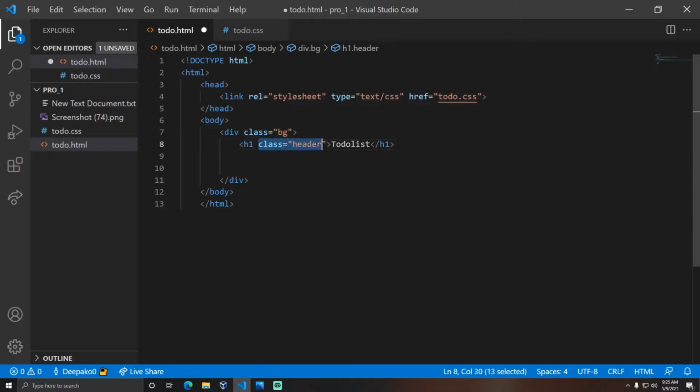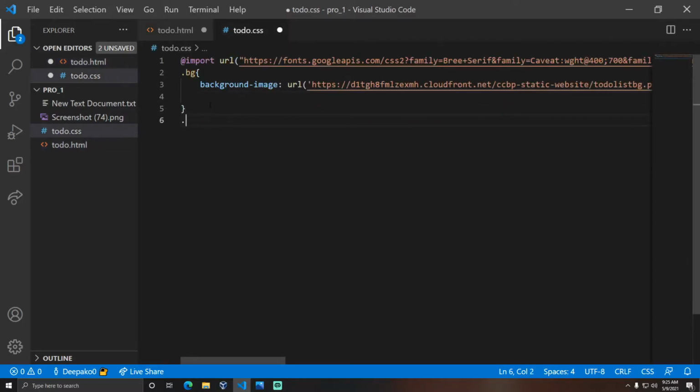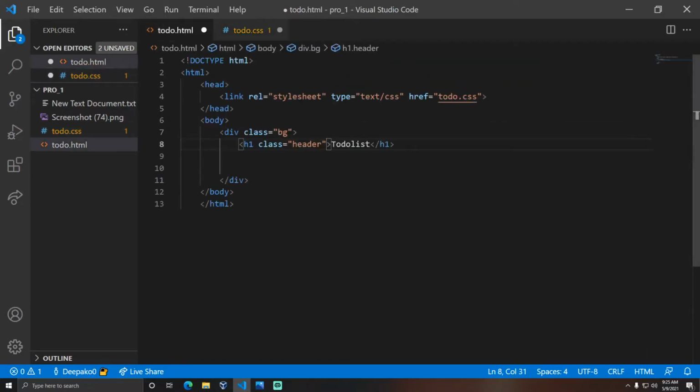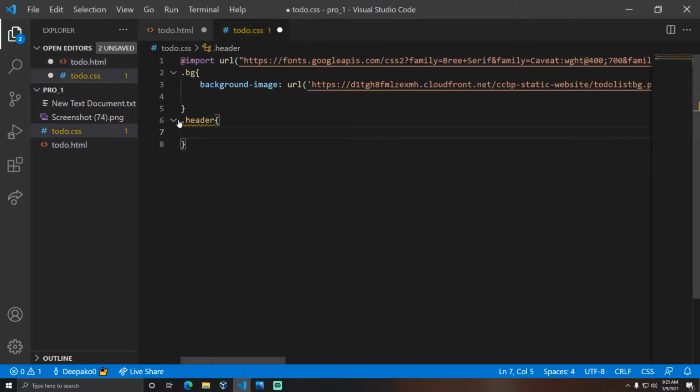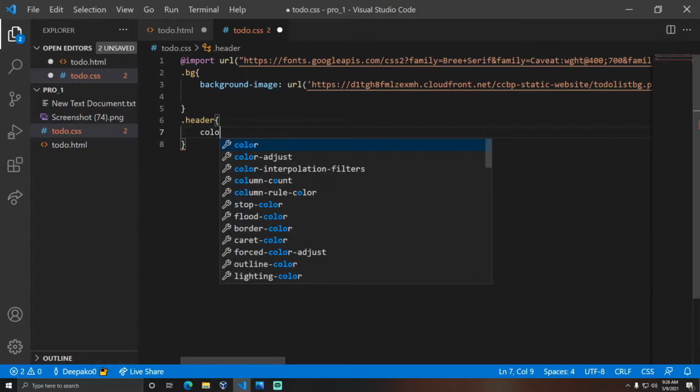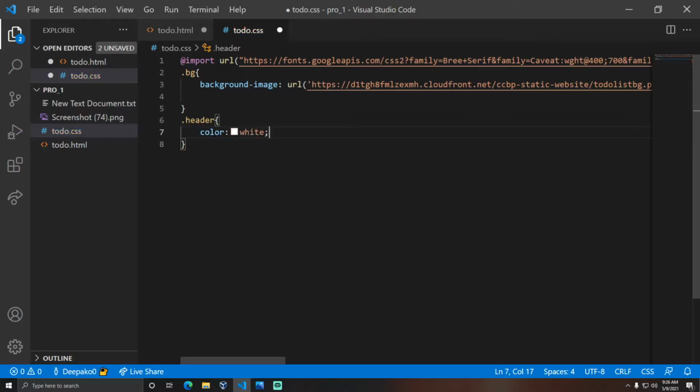In order to apply the styles, you need to add a class attribute to the HTML element, and in order to apply the style rules, you need to use a dot followed by the header class name. Here dot represents the class, and header represents the class name. Here in order to change the font color, you need to apply the property color white. Okay, this will give the font color as white.